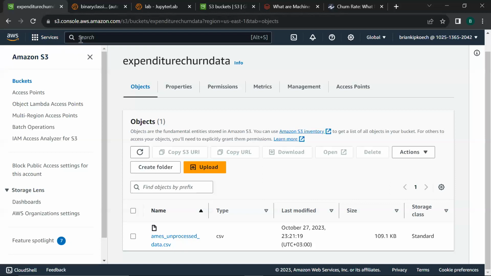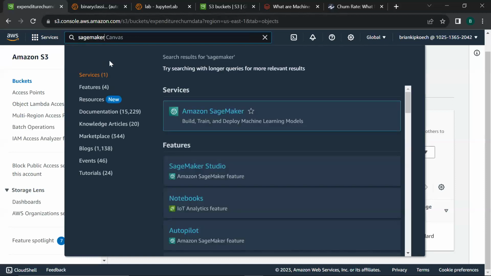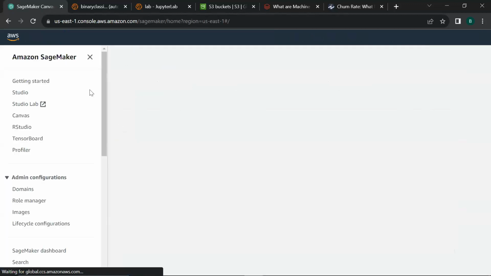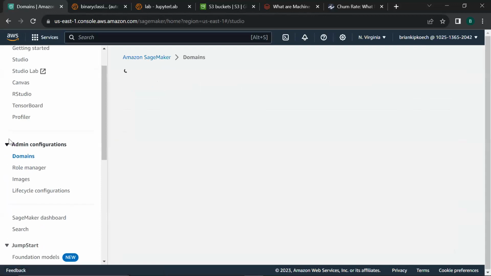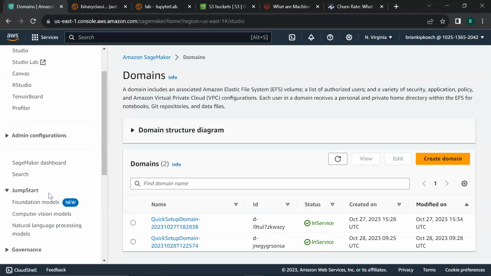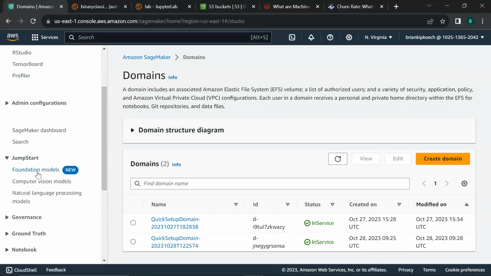So I want us to search SageMaker again and go through the services that we have not covered. So let's search Amazon SageMaker and select the first option that occurs. So we've already understood what a domain is, so we won't need to go through that as well. SageMaker Jumpstart is a service.